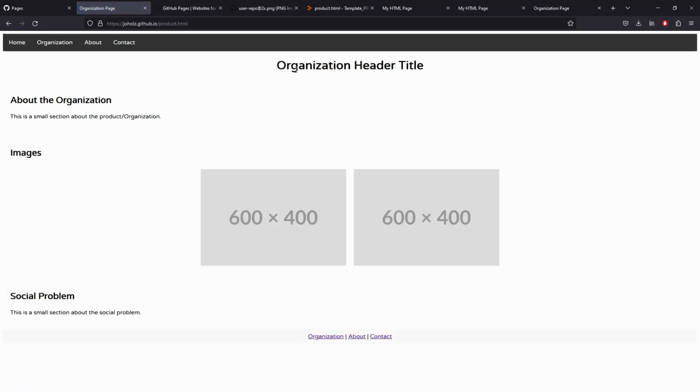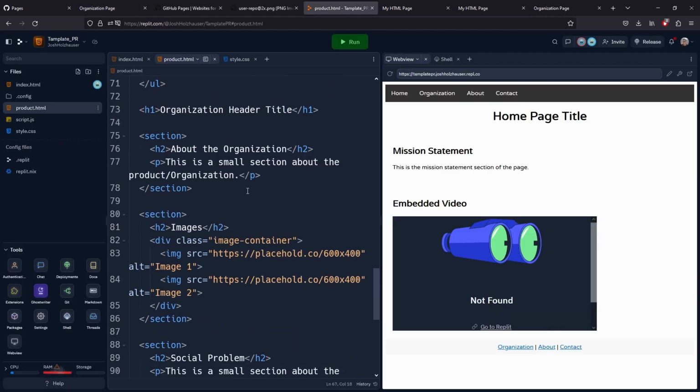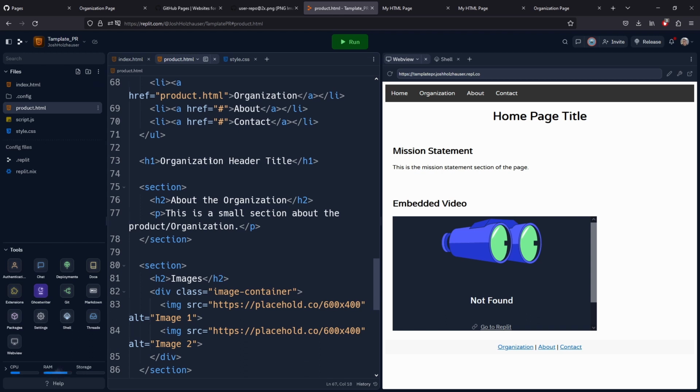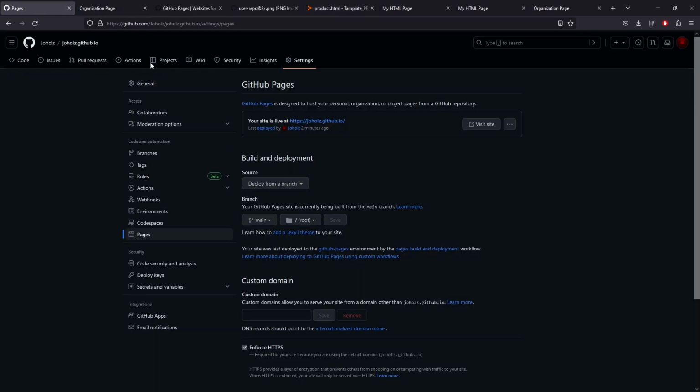So what if you see something you don't like, maybe this organization header title, and you want it to be something different? There's a couple things you can do. What I would recommend is go to your HTML, change the title to whatever you want, or my organization. After you have it changed here, just go ahead and copy your HTML. This is one way to do it, and this is what I would recommend, especially if you're first starting out